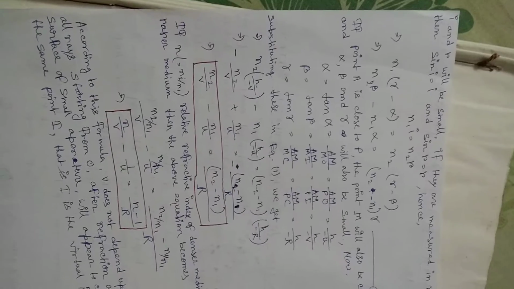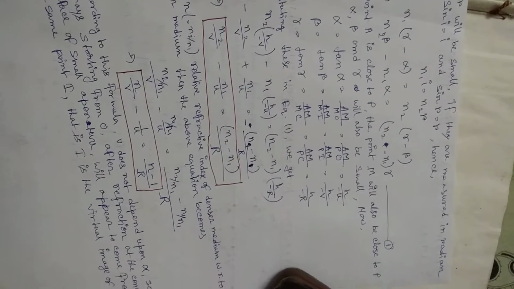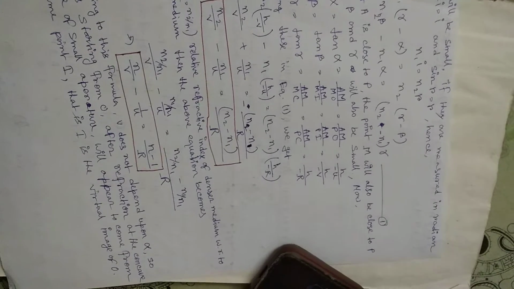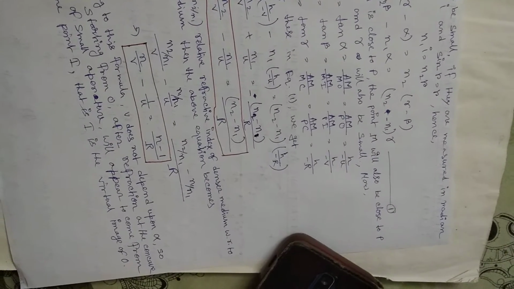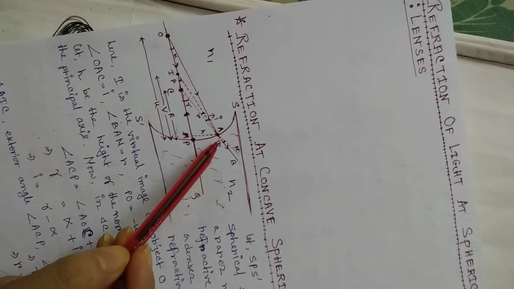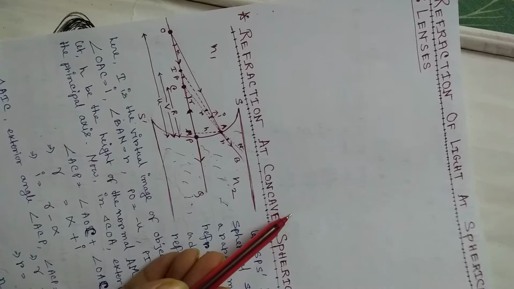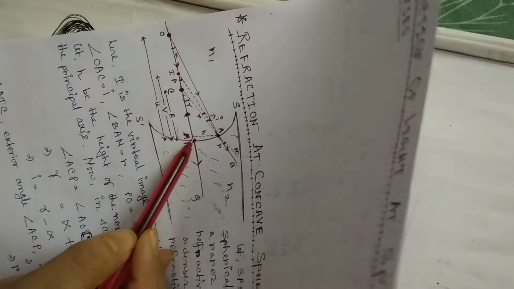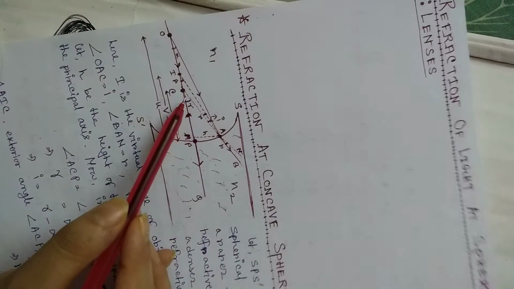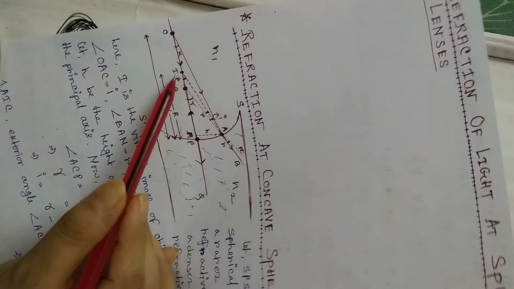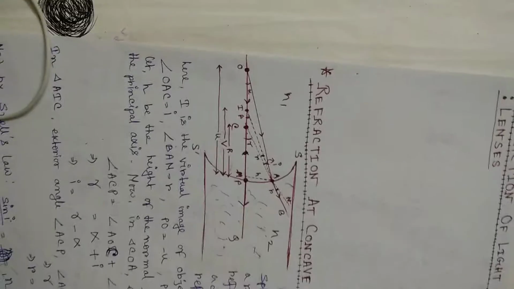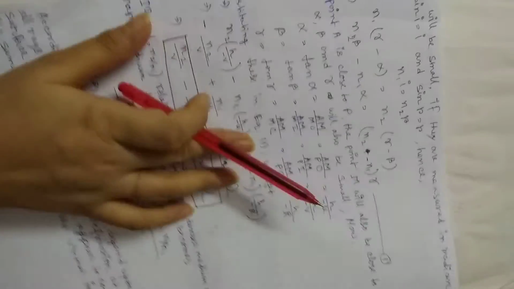Now, if point A is close to point B, then the point M will also be close to point P, right? If these 2 points are very close to each other, that means M and P are also very close to each other. And if M and P are very close to each other, then all these angles, gamma, beta, alpha, are very small. And due to this assumption, we can write